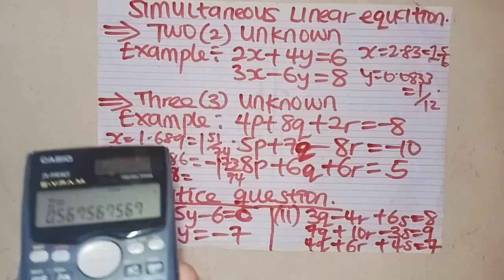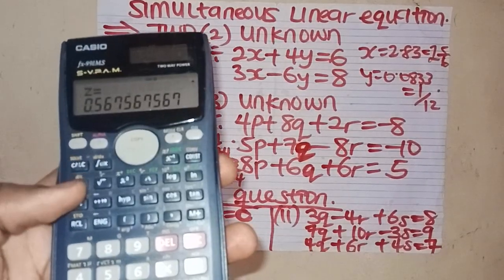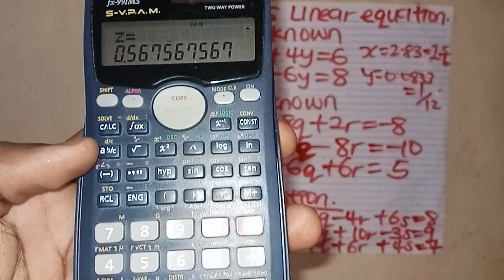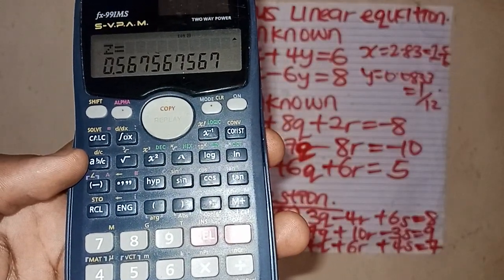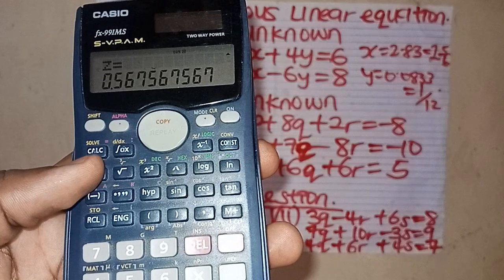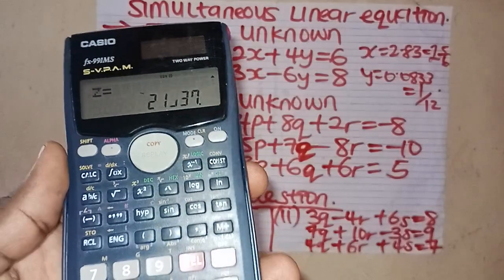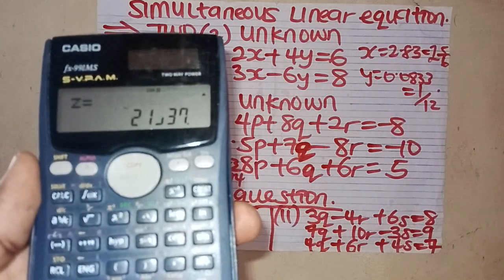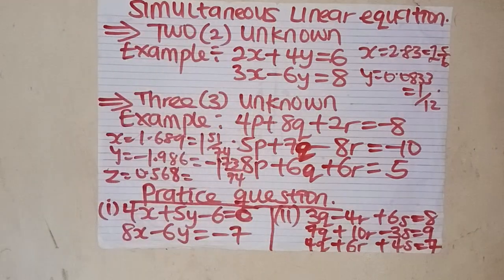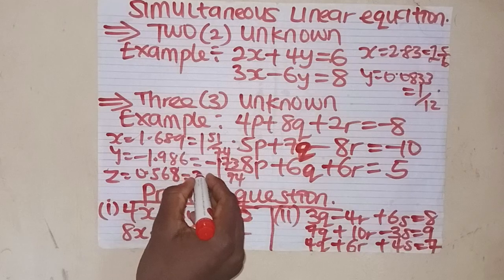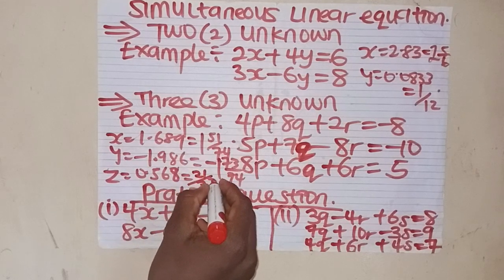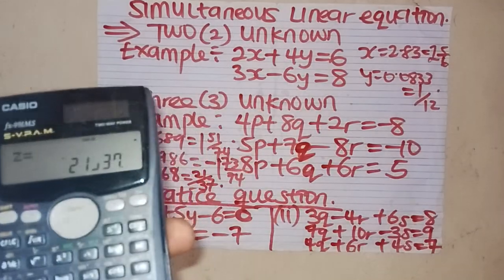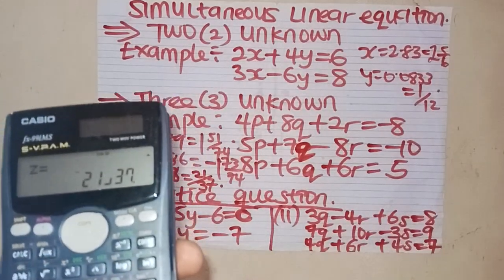So for me to check whether it can be expressed as a fraction, let me press this place, a whole number b over c. You can see this place. So let me press it. Yes, and that is what? 21 all over 37. 21 over 37. So those are my answers. So that is that about using the calculator to solve